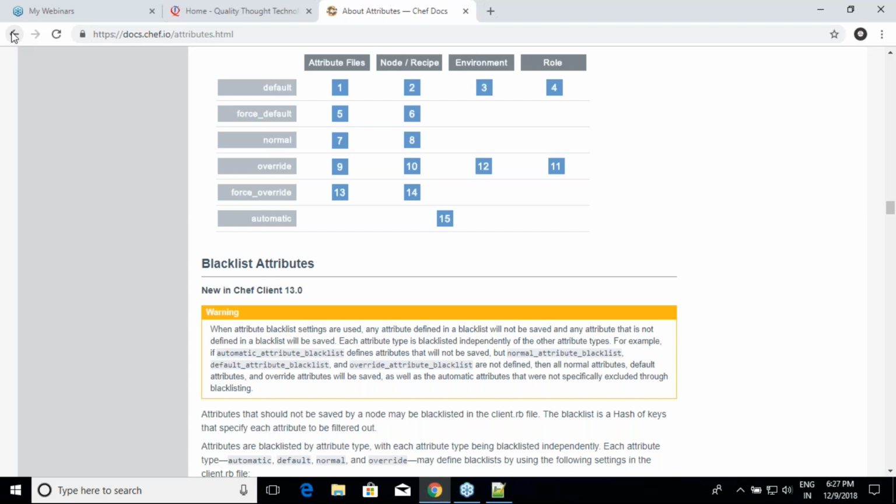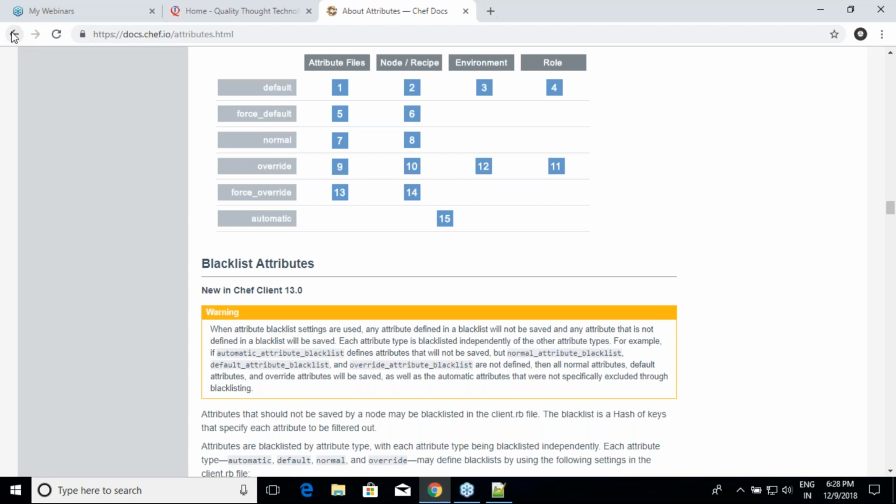Now let us see. Anything with force_ cannot be written in environments and roles. Are you seeing any numbers for force_ in environments and roles? No. Right? So these are all the weights, and these weights come into play whenever you have the same attribute defined at multiple places, right? If the attributes are not the same, you are speaking about different attributes, then there is no conflict at all, and no need for a table. Let us assume that you have written default of package name equal to Apache 2, and there is no conflicting variable at any place. So it will pick up whatever you have written. But whenever there is a conflict, what should it pick up? That's the whole idea around it. Am I clear on this?